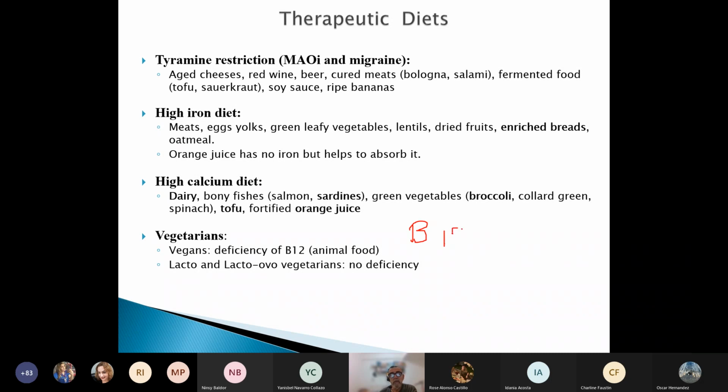Only B12. So in the book and in the anchors, what I've seen, a vegan has no nutritional deficiencies except B12. Even a child, even an adolescent, or even a pregnant woman. The trick that I've seen in questions is that it's a pregnant woman, and then you say, oh no, pregnancy requires a lot of nutrients.